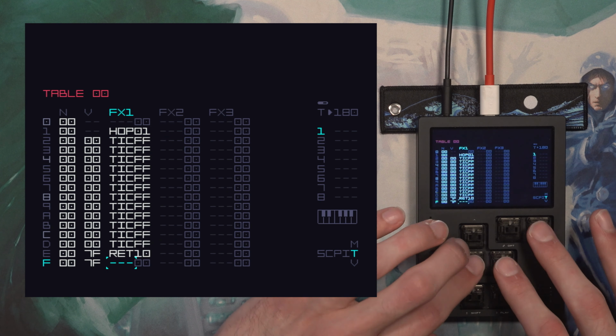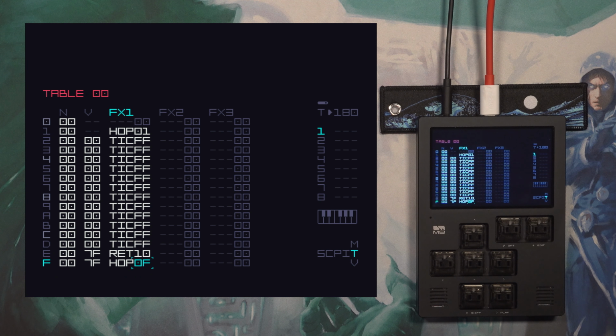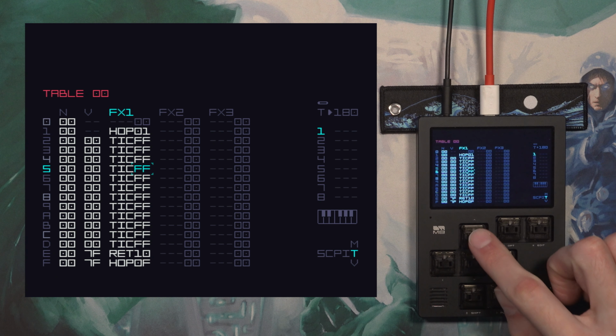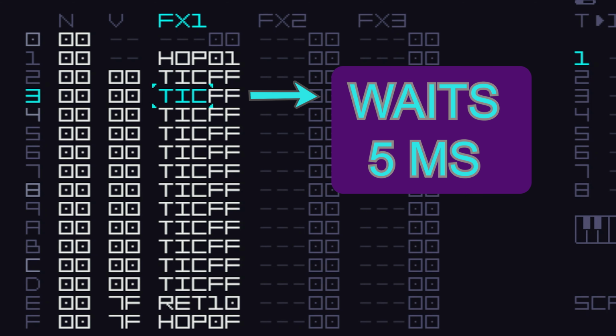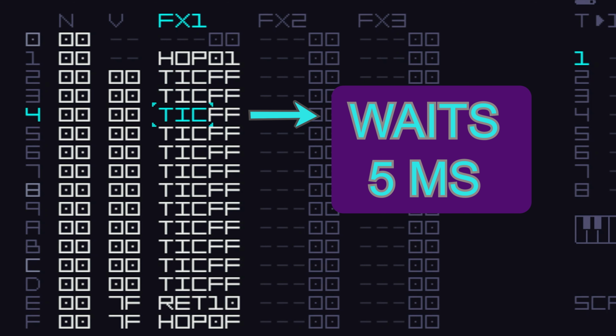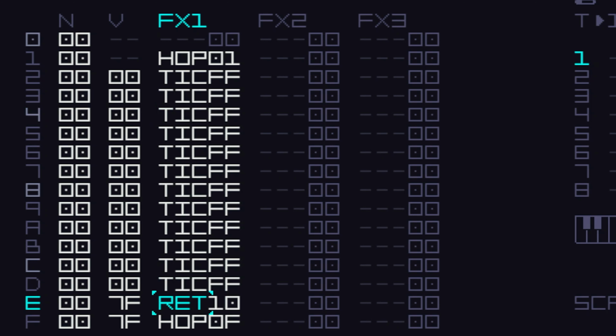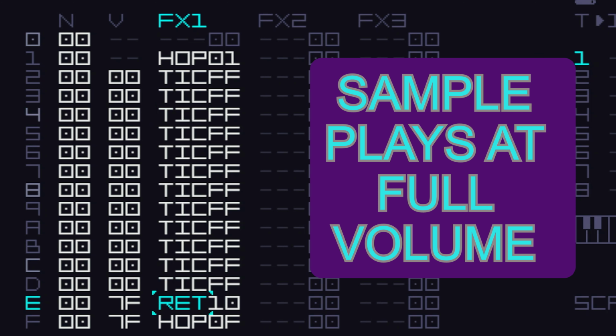What this is doing is playing the sample at 0 volume at a rate of tick FF, 200 Hz or 5 milliseconds, on each row, starting at row 2. So the sample plays at row 2, waits 5 milliseconds, then plays at row 3, waits 5 milliseconds, then plays at row 4, waits 5 milliseconds, etc. until it gets to this command at the bottom, the retrigger 10 command, which plays it at full volume once